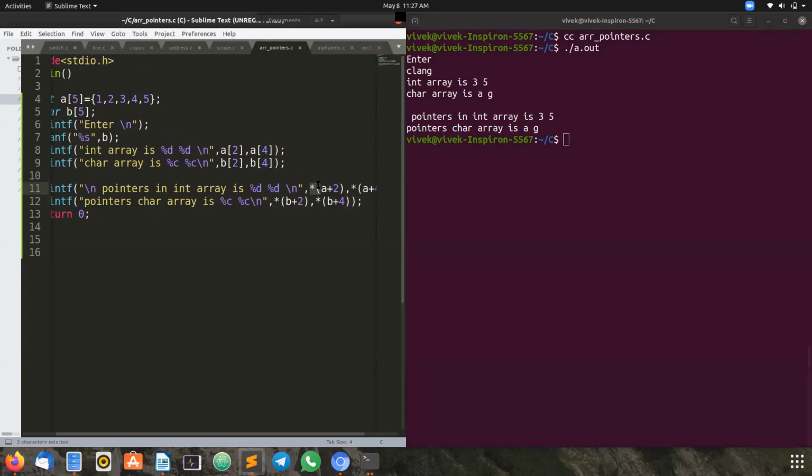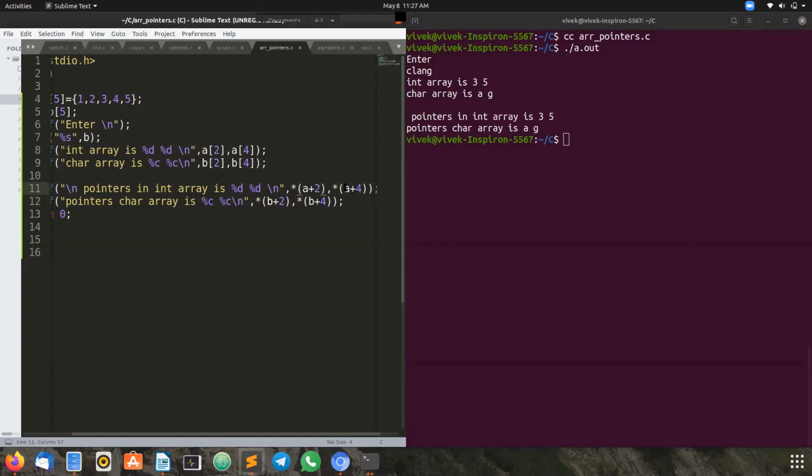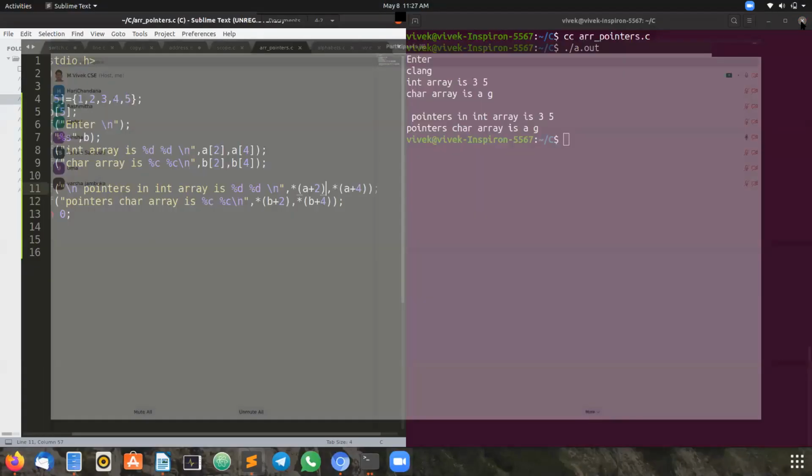Yesterday I mentioned why we use an asterisk symbol before a pointer. What is the reason behind it? Why do we use an asterisk symbol? To know the address value.